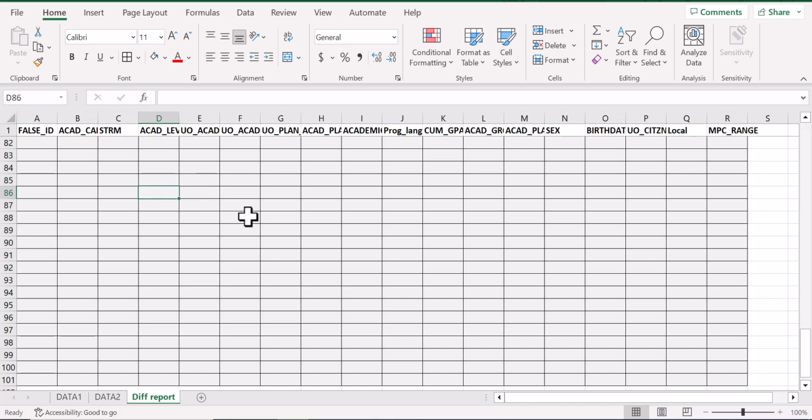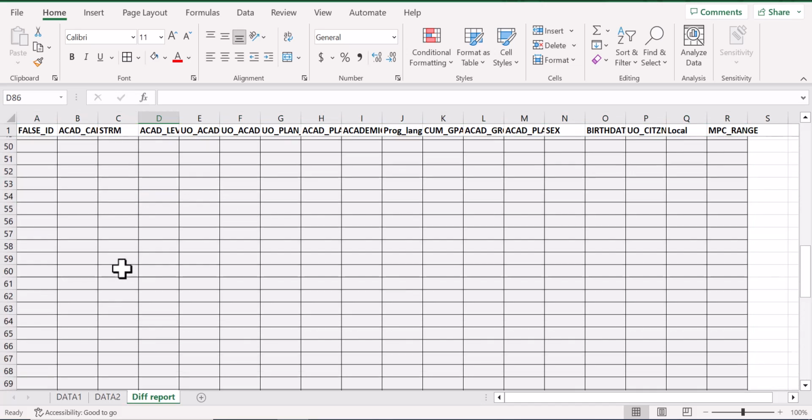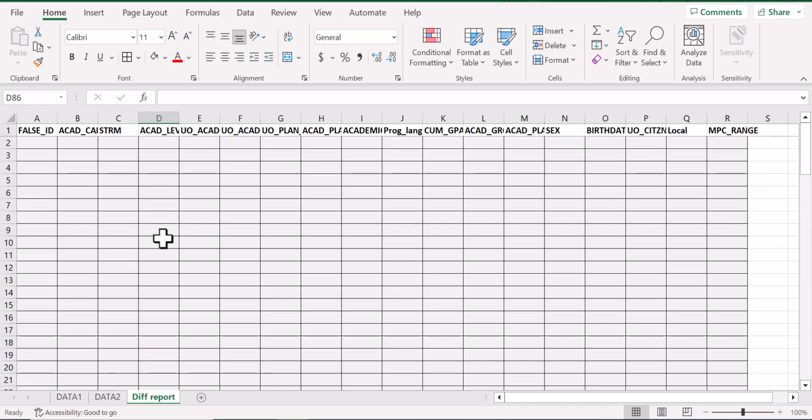Now this formatting has defined the limits of my difference report, and now I have to use a formula to populate it. So let's get to the heart of this method by writing a formula that will populate the cells of this table if and only if there's a difference between the content of the cell presented in the two data ranges, data 1 and data 2. To do this, I'm going to go to cell A2 and type the formula